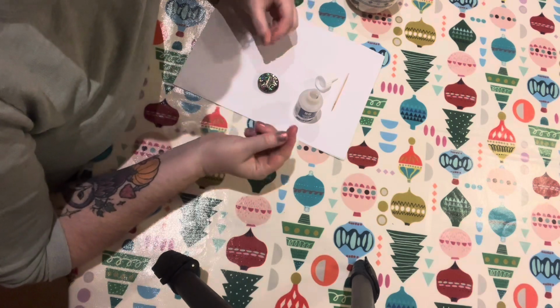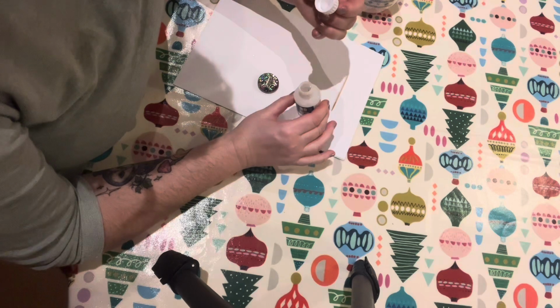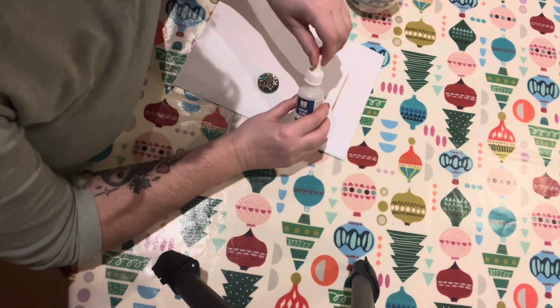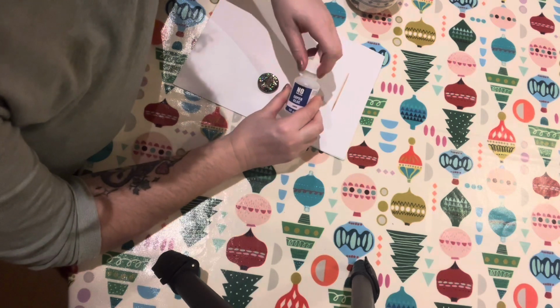I always glue my fingers together every time I use super glue. Especially when I've got to use a cocktail stick. So I'm going to have to return this one as well. It's such a shame because I hate